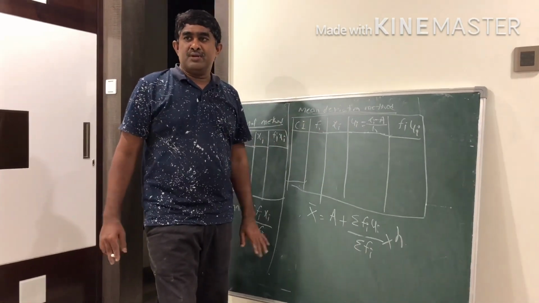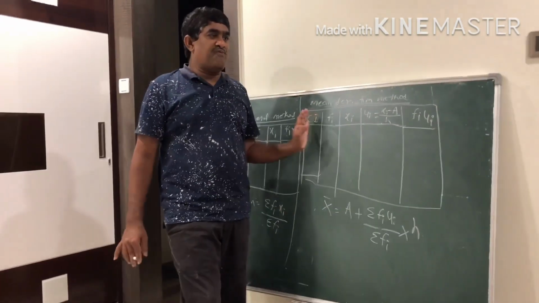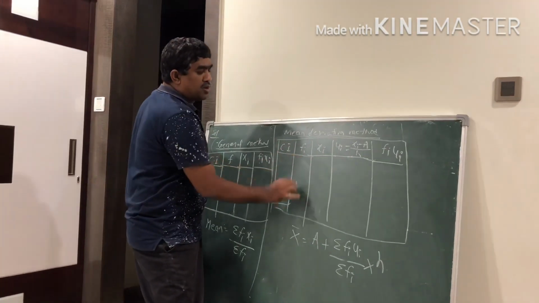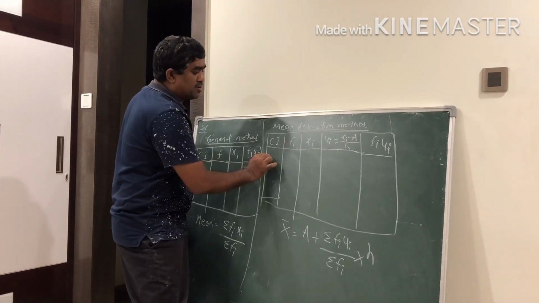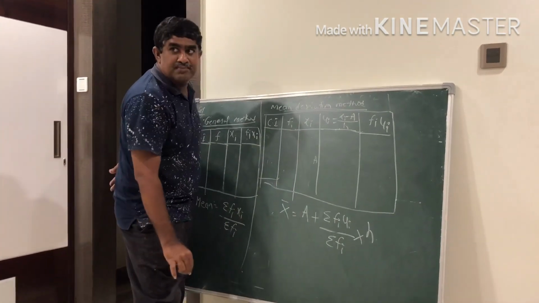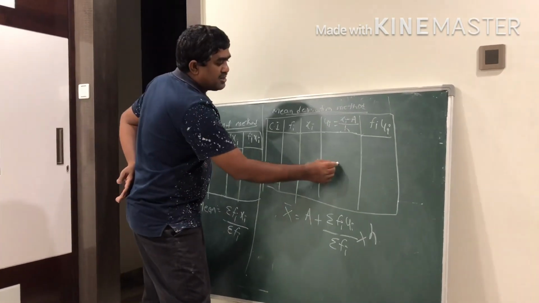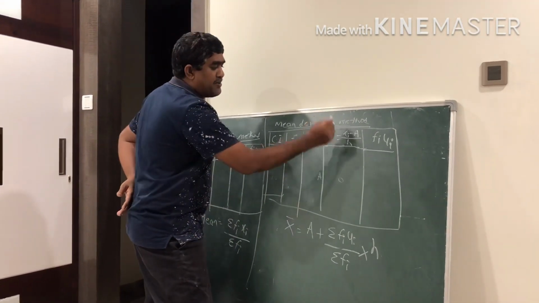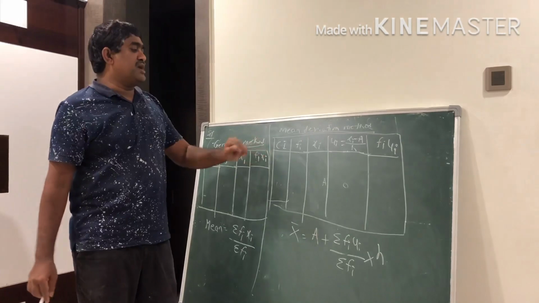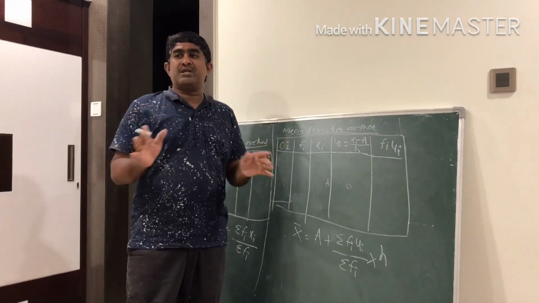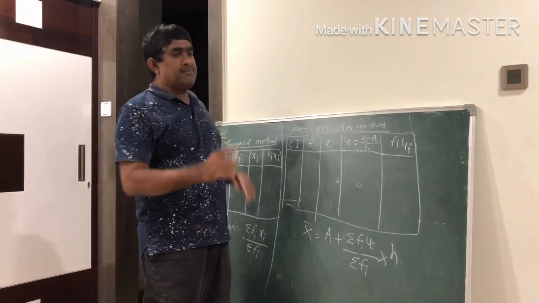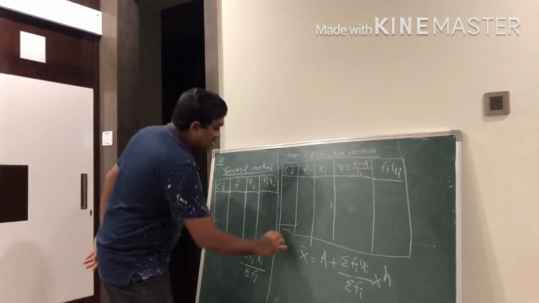If you have the table learned by heart, you can do the problem. Okay, first of all the format. Whatever the problem is, you note down the class interval, you note down the frequency. You know how to calculate the mid value: lower boundary plus upper boundary by 2. Any value you can take as a. After that, wherever it is above a it is minus, below it is plus. In the exam you have to do this in one and a half pages. How to do this problem: you will keep a solution.